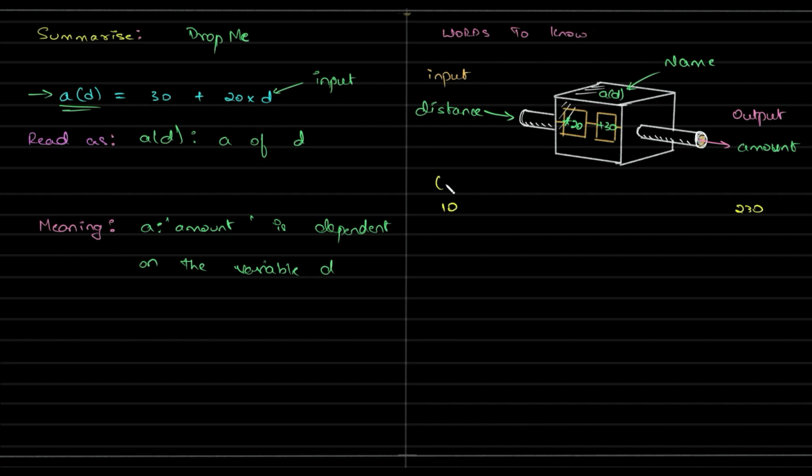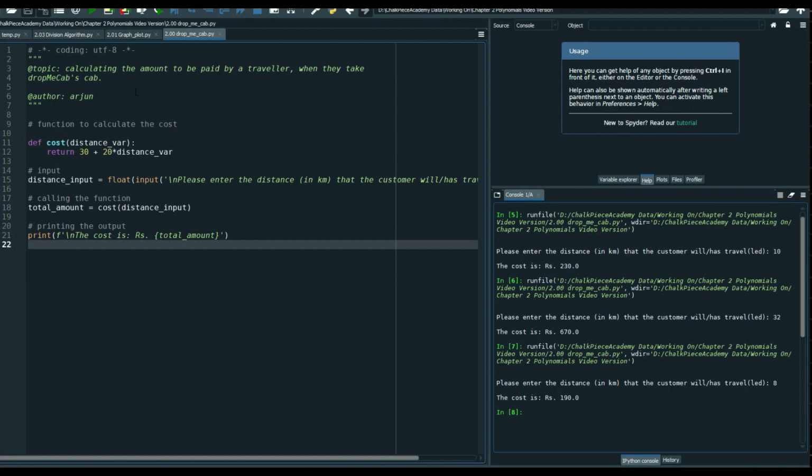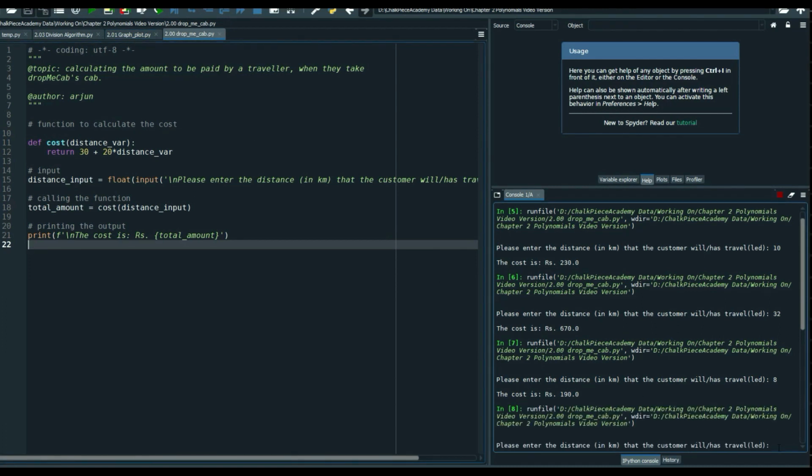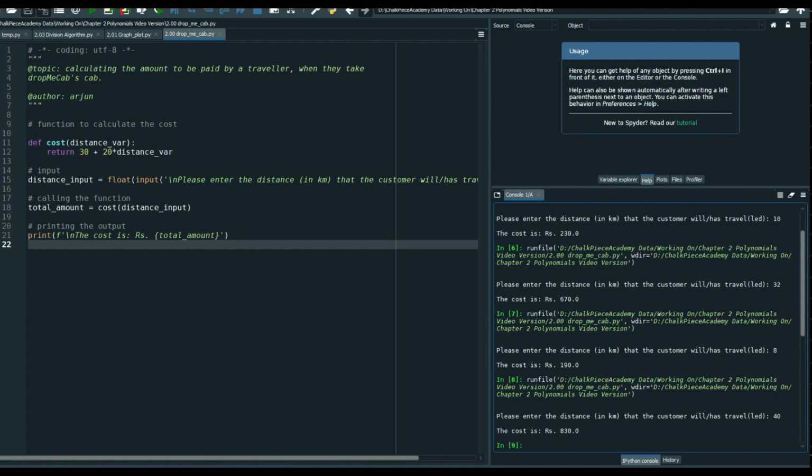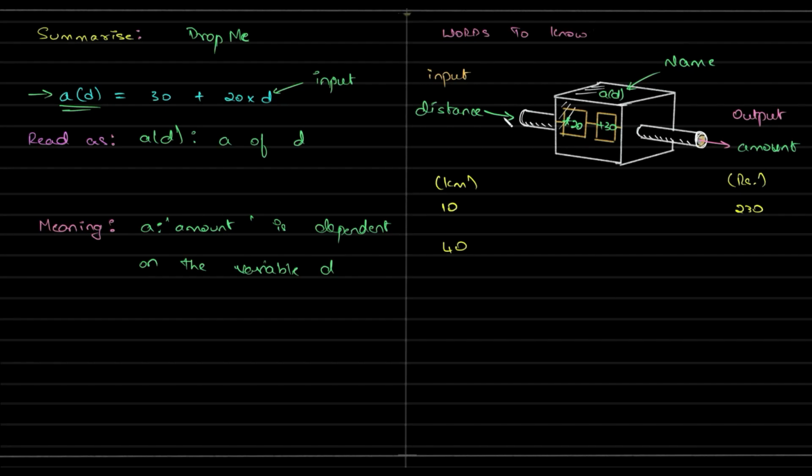This is all in kilometers and this is in rupees. If I feed it with the value of say 40, let's see what we get. 830. I fed this with 40, it calculated and it gave me 830